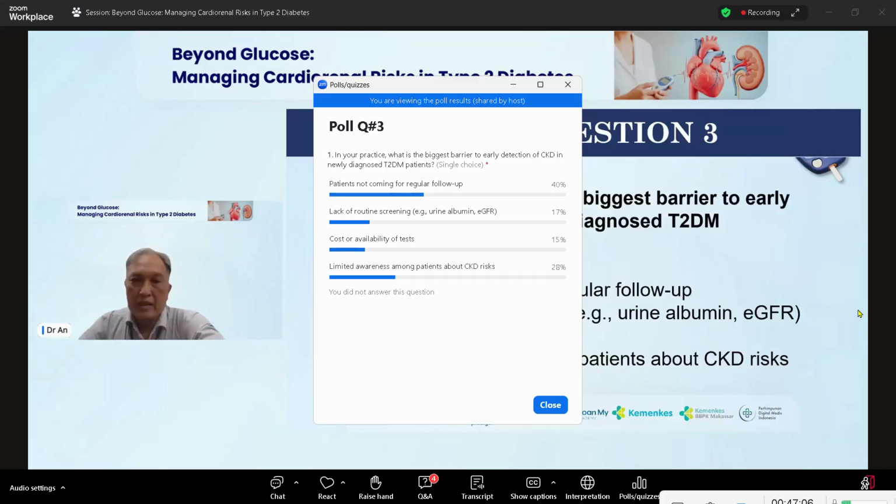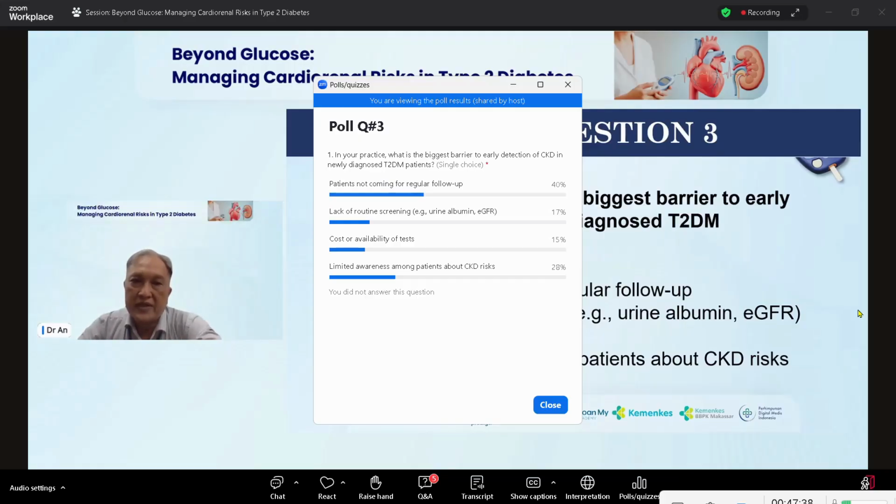Now, we are very happy that we have the summary of your answer. The first barrier, 40% of your selection, is the patient not coming for regular follow-up. Usually we have to meet with this situation when people are in rural areas. I agree with you. The second one,